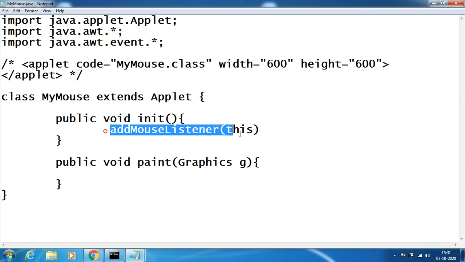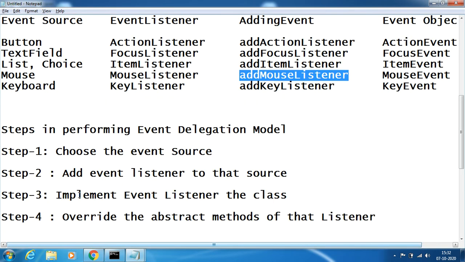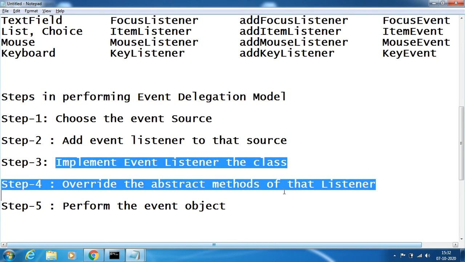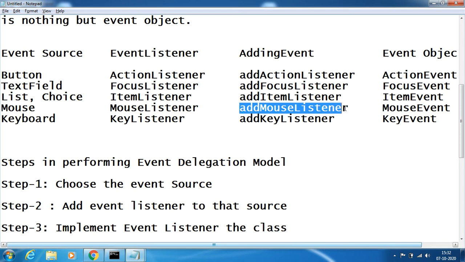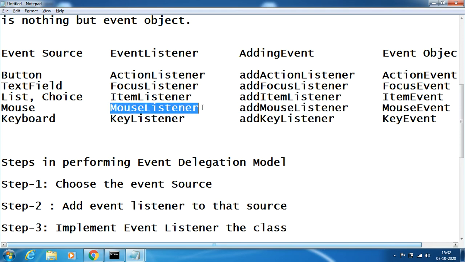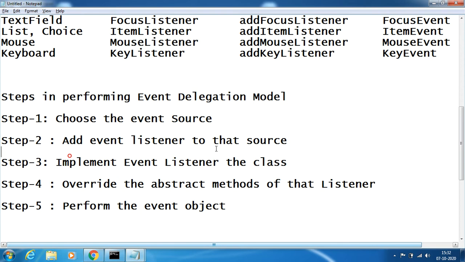Once the mouse listener is added to the current program, then next step is implement event listener for that class. Now add mouse listener has an event listener class called mouse listener class. Mouse listener is an interface, so we need to implement. That's why I said implement event listener class.